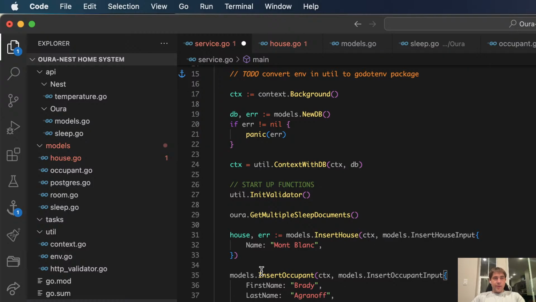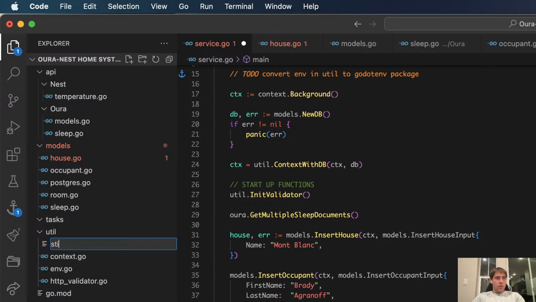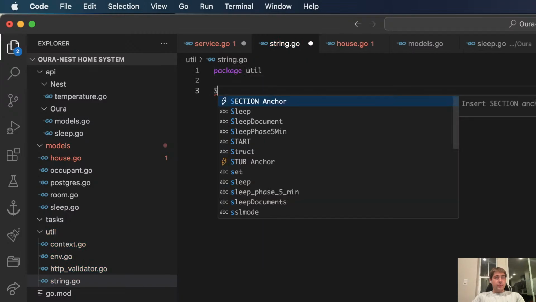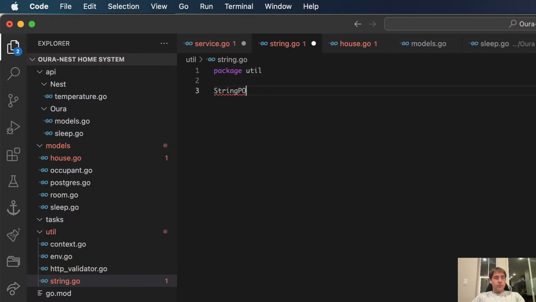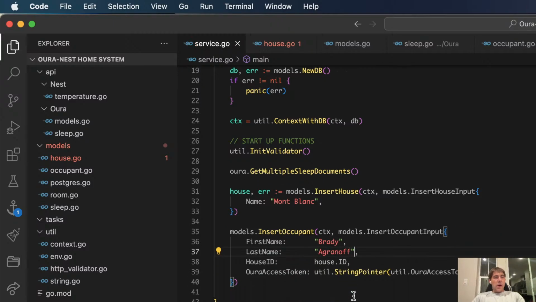Okay. Whatever. I'm gonna do things. String that go. Package to function. No, pointer. Let's do that. That's fine.